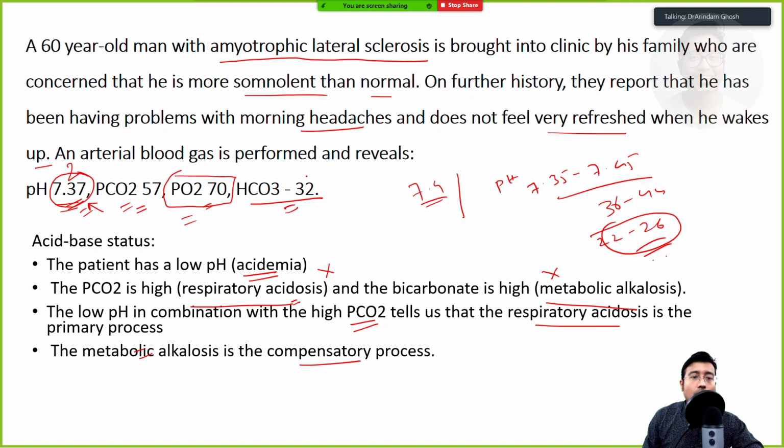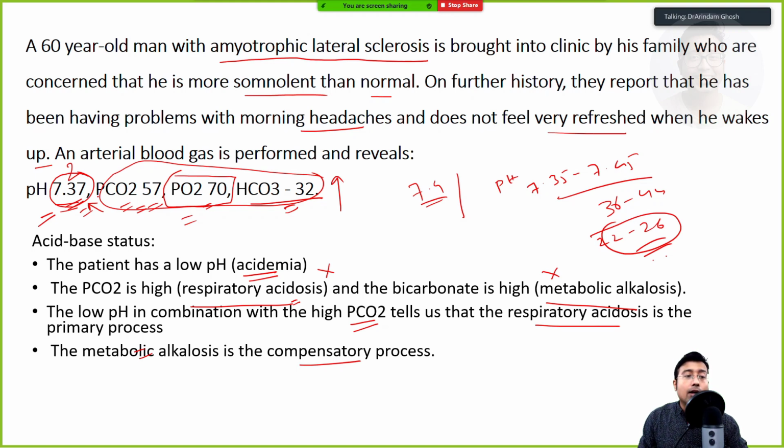If you don't look at all these parameters, you will see, okay, this is a normal patient. But when you look at these parameters, you see, wow, PCO2 is so high, bicarbonate is so high, means there is some problem going on in spite of the pH looking normal. So the answer to that MCQ would have been, it is a case of fully compensated respiratory acidosis, or respiratory acidosis with fully compensated metabolic alkalosis.